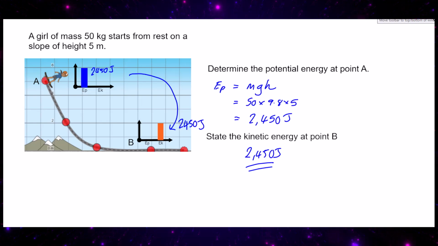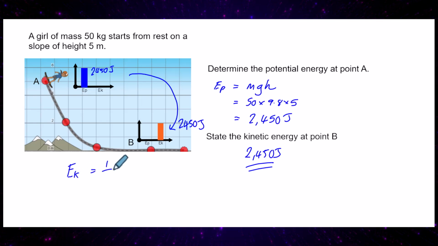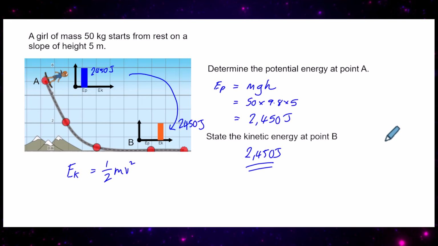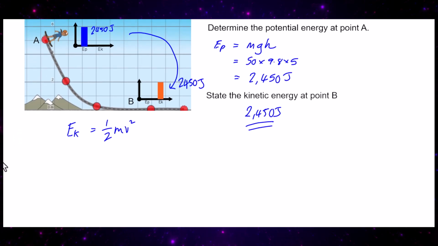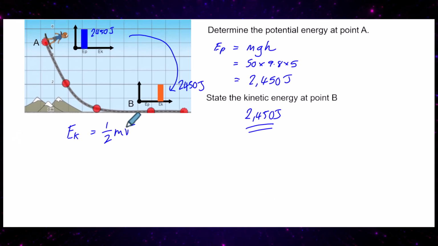Now, if we know the kinetic energy of the skateboarder at position B, then we can find the skateboarder's speed. Because we know that the kinetic energy formula, EK, is simply equal to 1/2 times the mass times v squared. That's the kinetic energy formula. Now, to find the speed from that, we have to do a wee bit of manoeuvring about, so I'll do it step by step and you can practise how we do this. To find v